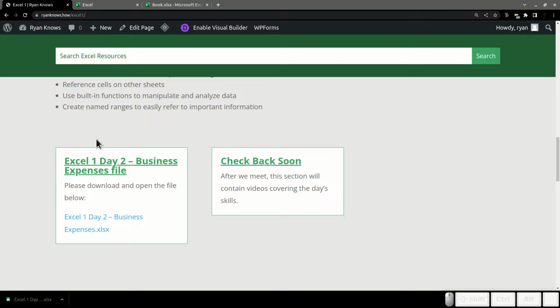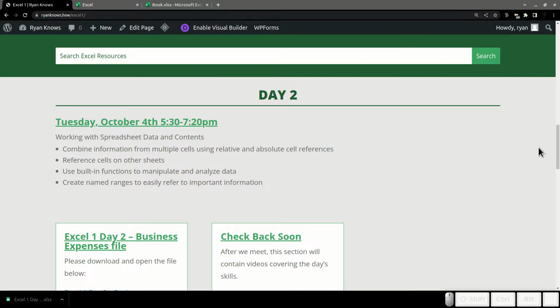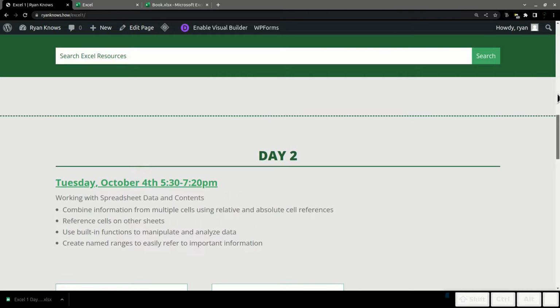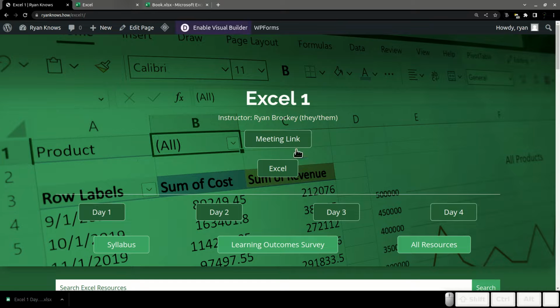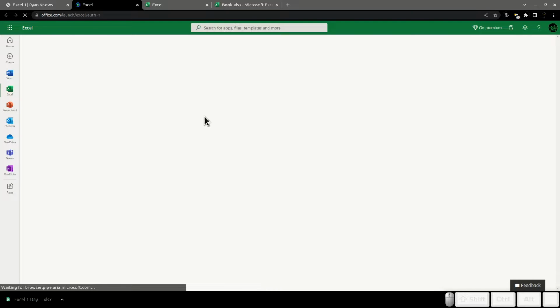I made this file, there should be nothing wrong with it. It should be perfectly safe to download to your computer. Once it's downloaded, if you have it bookmarked you can click on it, or you can click the Excel button right here on our website, and that'll take you to the main Excel screen. Or it may take you to a sign-in screen first. I'm already logged in.